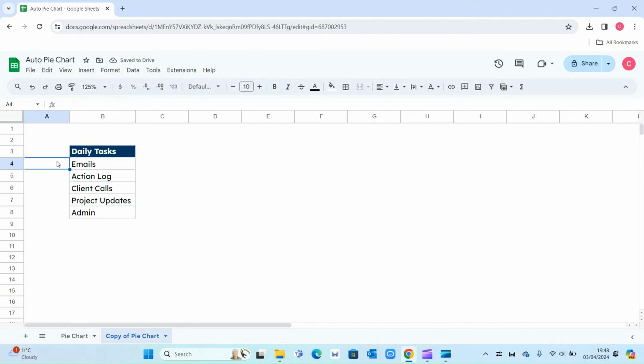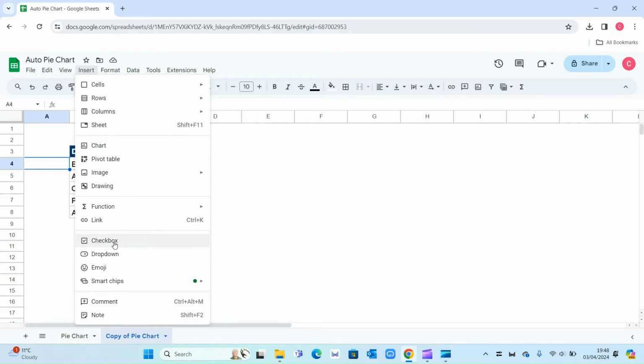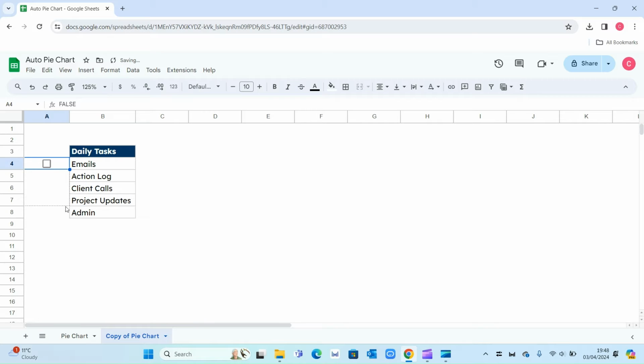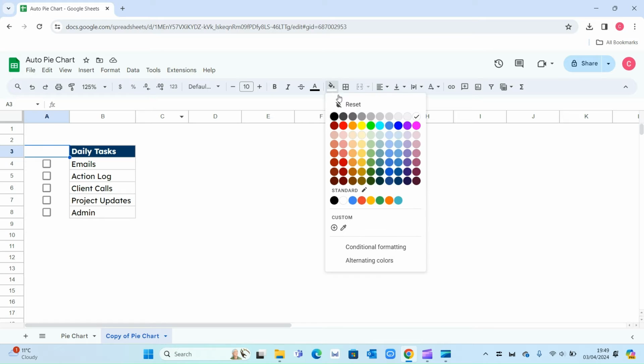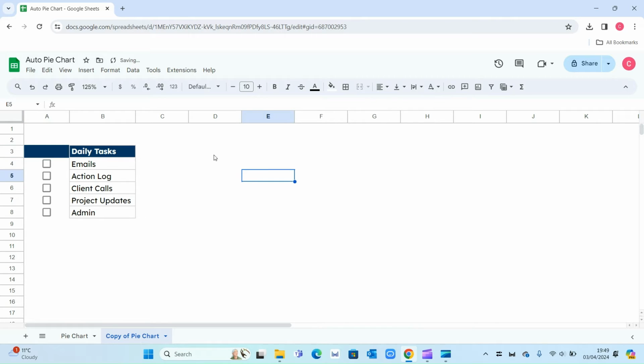Then what you want to do is select the cell where you want your checkboxes to be added. So select that, then go on Insert, then go on Checkbox, and then simply drag it all the way down. And then just go ahead and adjust the formatting. So I'm going to select the same color as what I have here, and then the same borders, so it